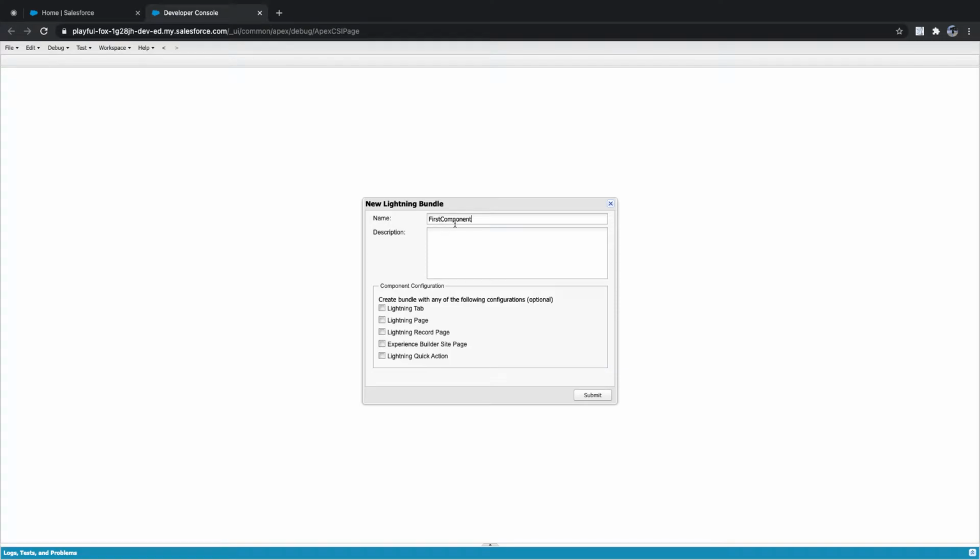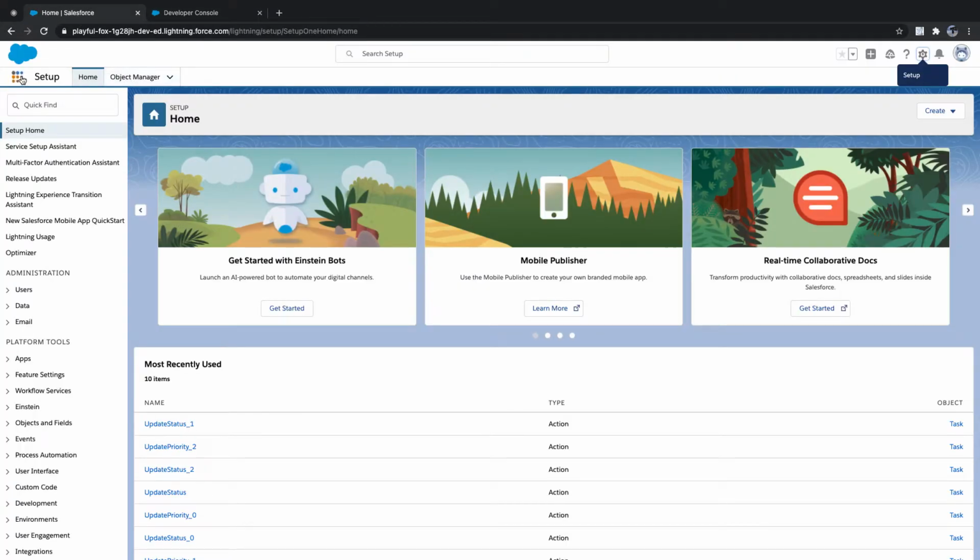I named my component as firstComponent, and I'm not selecting any of these interfaces. Why is this interface needed? If we want to use this component as a tab, or if you want to create this component as a page, or you want to use this component as a record page, in the sense, if I go to any of my accounts or any of the objects, SObject,